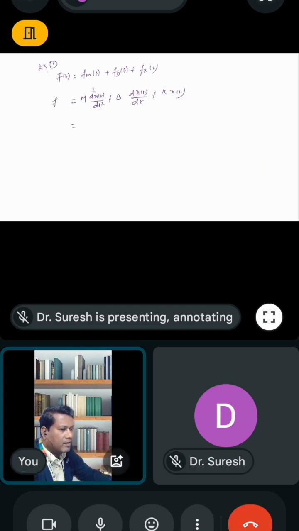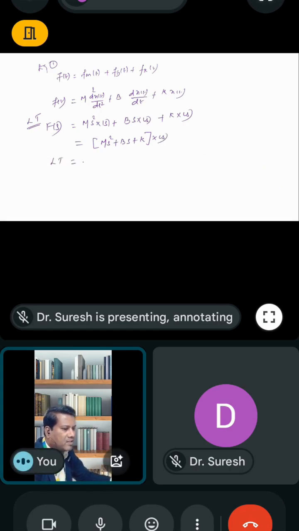Okay. Now you take the Laplace transform, then it will become F(s) = m s² X(s) + b s X(s) + k X(s). Then consider X(s) as common: (m s² + b s + k) X(s). The definition of the Laplace transfer function is